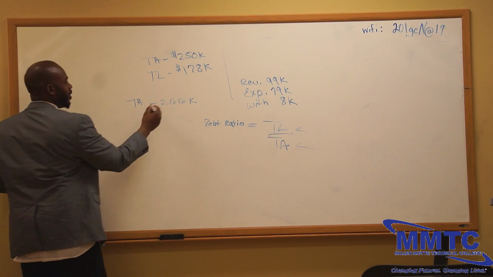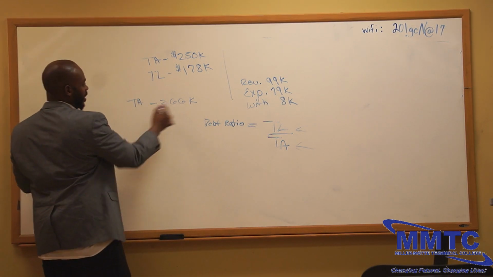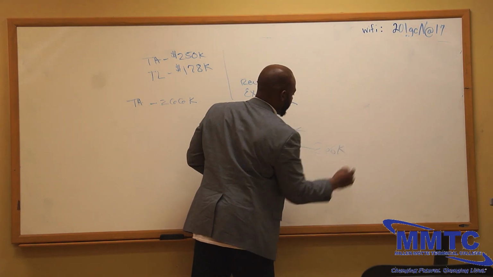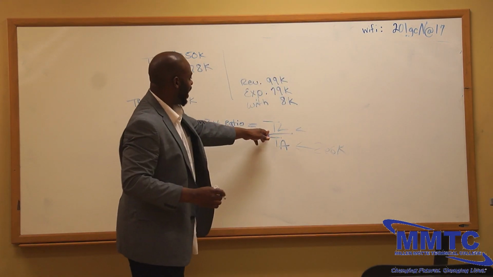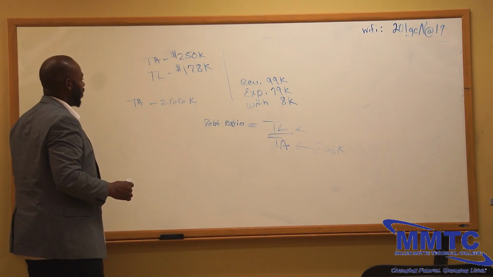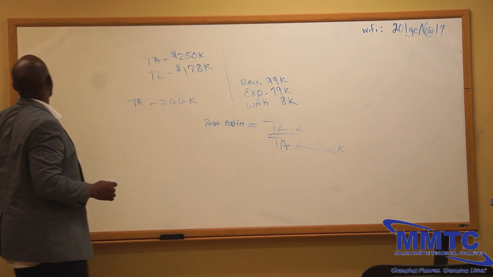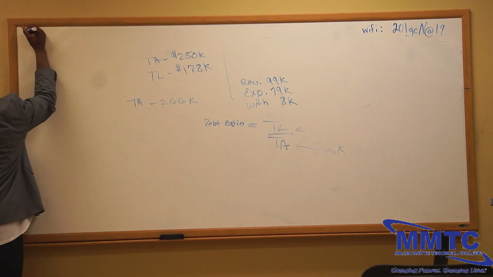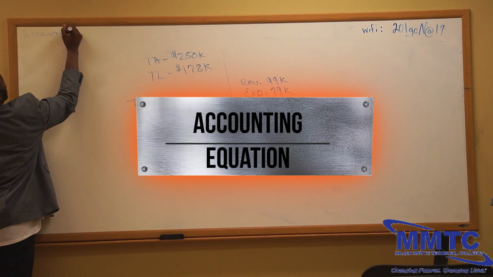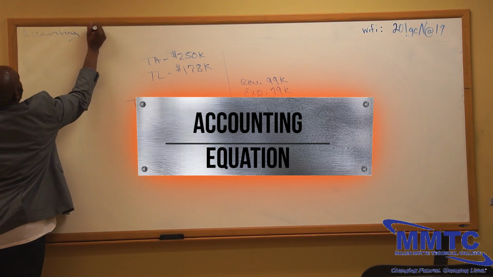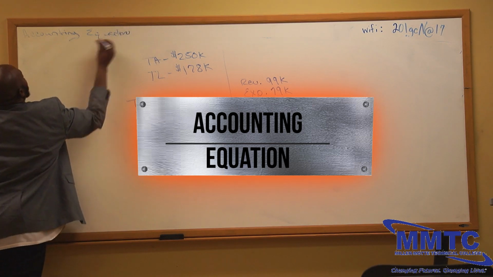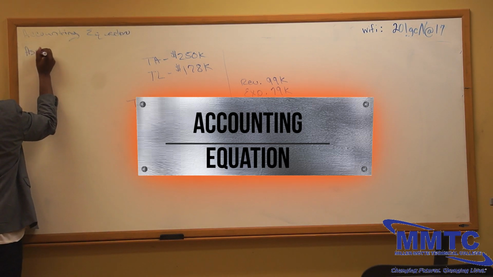It's already giving us total assets for the end of the year right here: 266,000. It gave us that number. So now we need to find the total liabilities for the end of the year. Remember the equation we need all the time? The accounting equation. The accounting equation says that assets equal